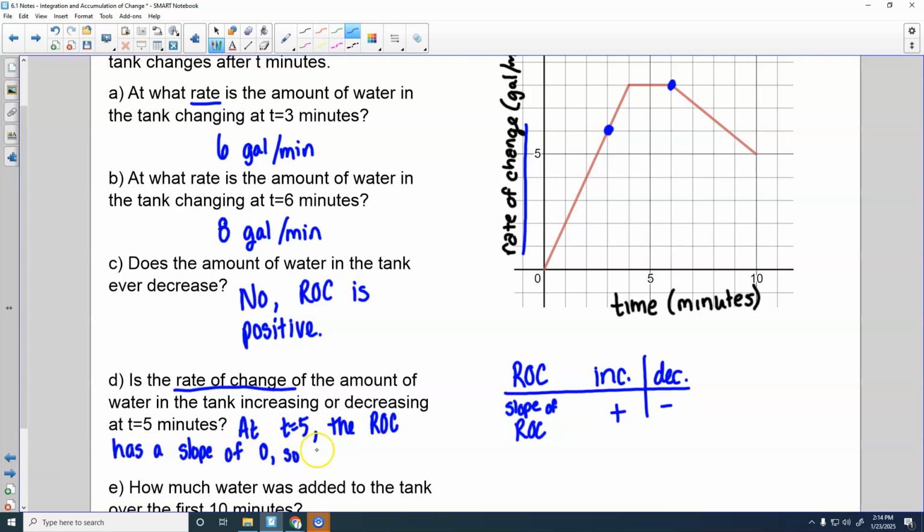So the rate of change is neither increasing